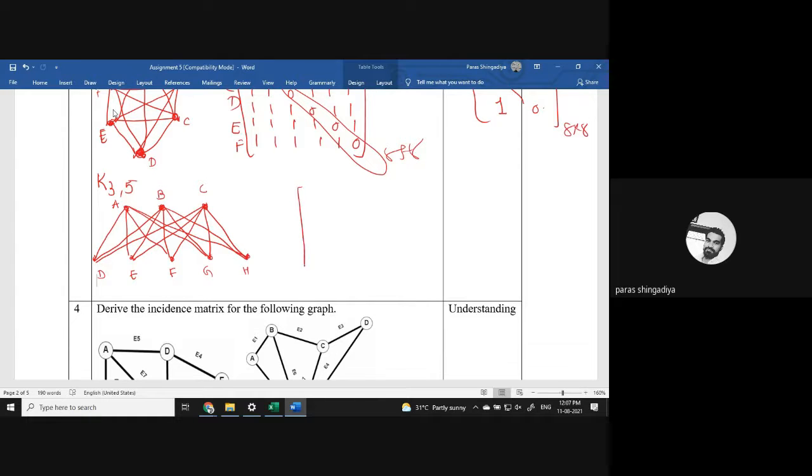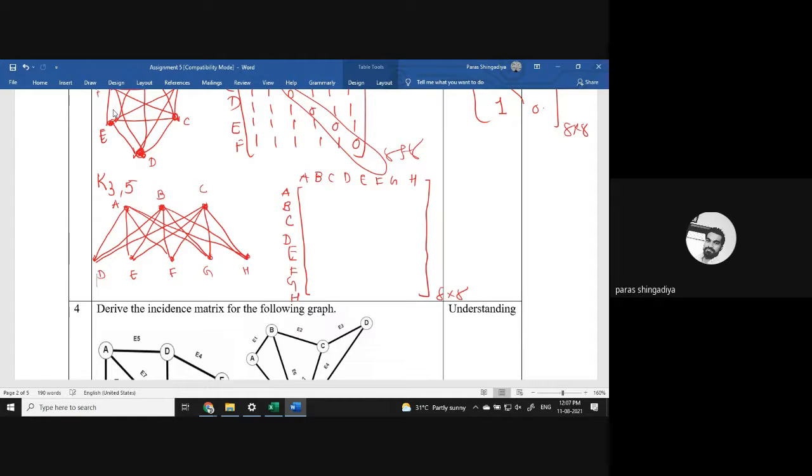Now let's create a matrix. So we consider the total vertices. How many vertices will the graph contain? Total vertices are 8, 3 plus 5. We just find the total. So it will be an 8 by 8 square matrix. Which vertices are there? A, B, C, and after that D, E, F, G, and H. These are the vertices. Now for the columns also A, B, C, D, E, F, G, and H. Clear? An 8 by 8 square matrix you will get.